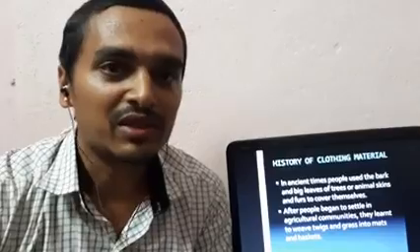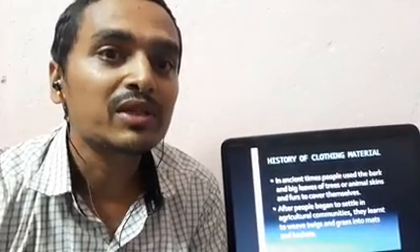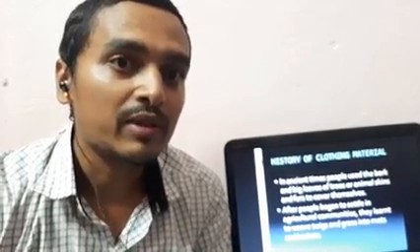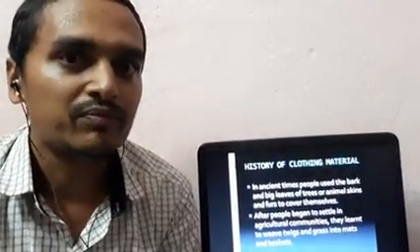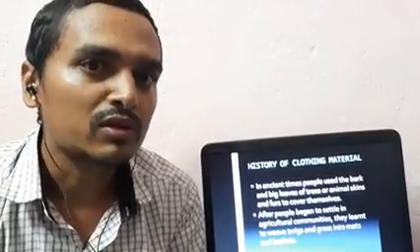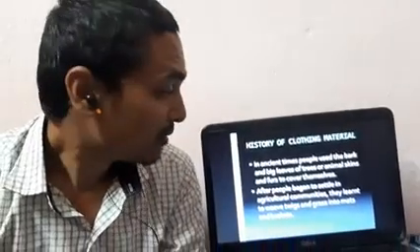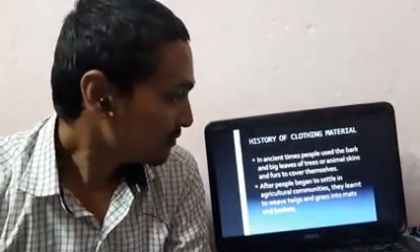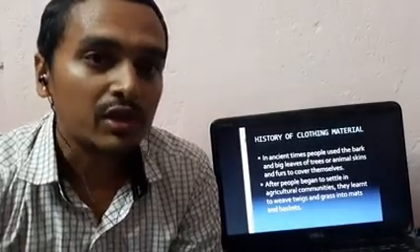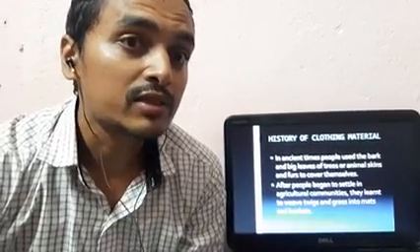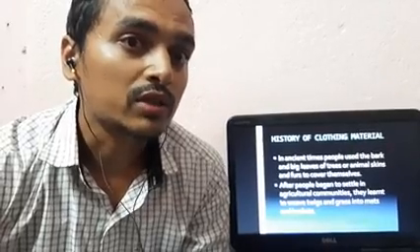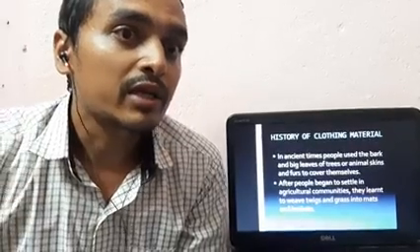We are going to teach a new topic, history of clothing material. Till now we have completed the two processes to prepare the fabric from the yarns. One is weaving and the second one is knitting. And today this is the last topic of this chapter, which is history of clothing materials. Students, this is an easy topic, not very important, but it needs to be known how, in ancient times, people wore clothes, how clothing started, and how they covered their body by using any kind of materials.